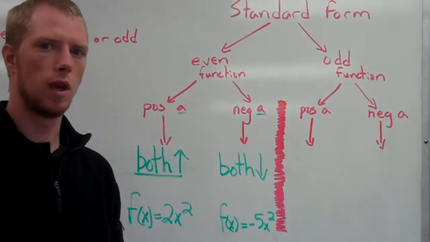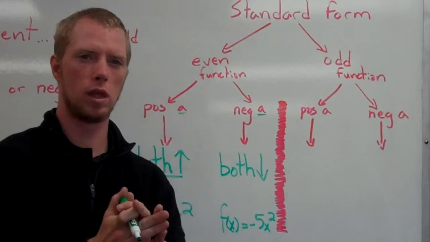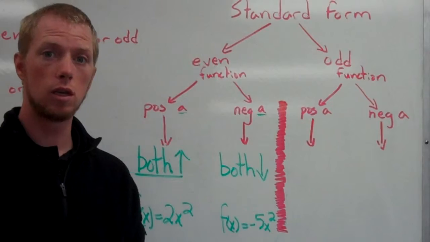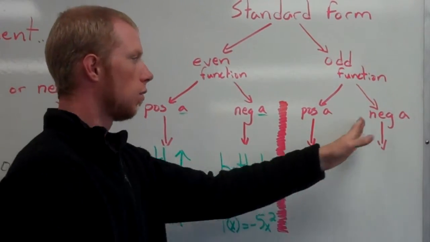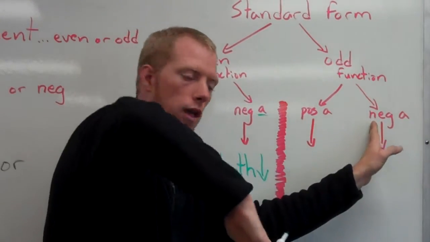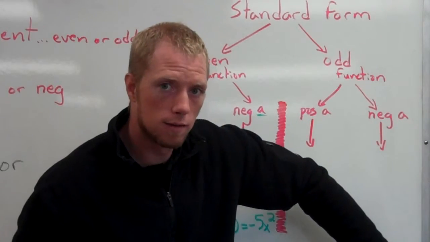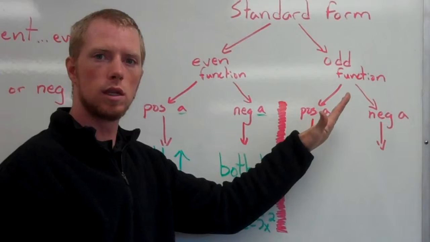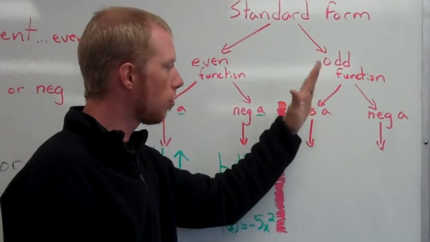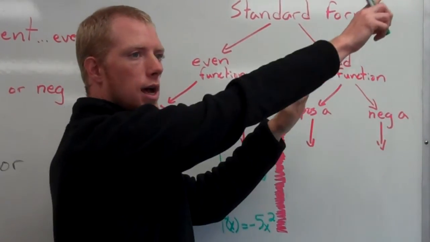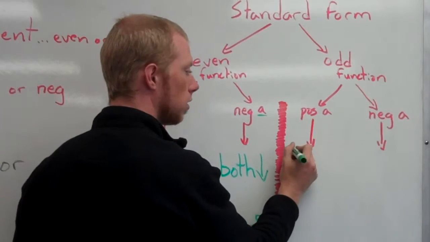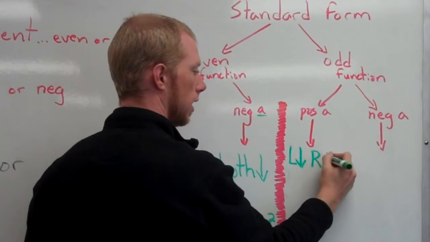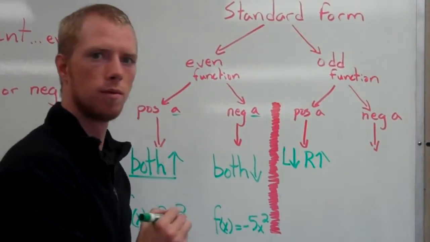Now, working with odd functions, if I have an odd function, I still have to look at the A. And again, the linear helps people really think about this, because we all know when we have a negative slope or a negative lead coefficient, that we have a negative sloping line, and it points down like that. Versus if I have a positive A, my line's going to look like this. So if I have a positive A and my line is pointed up to the right, I'm simply going to put the left end goes down